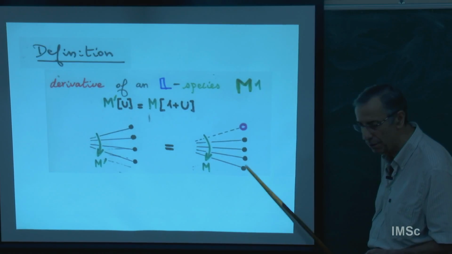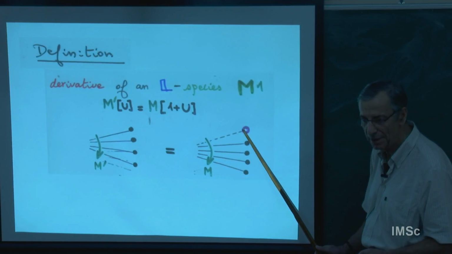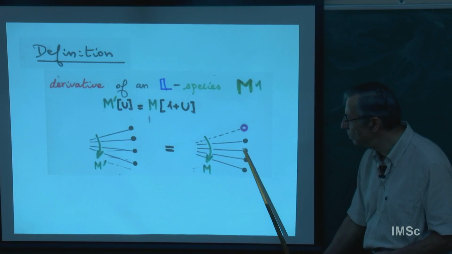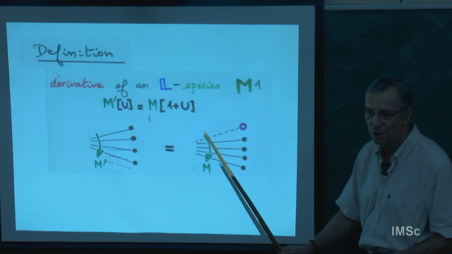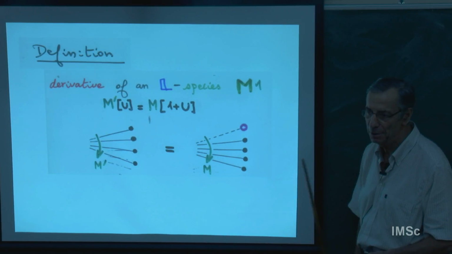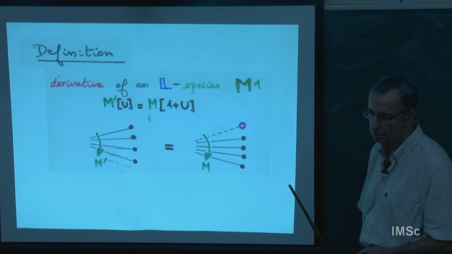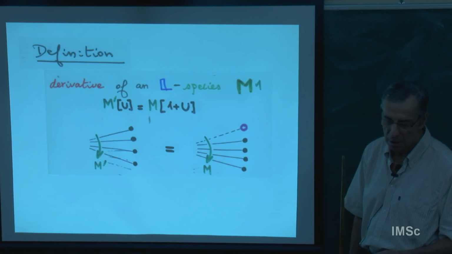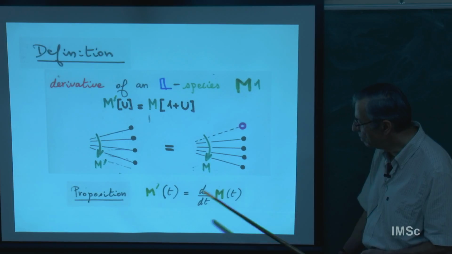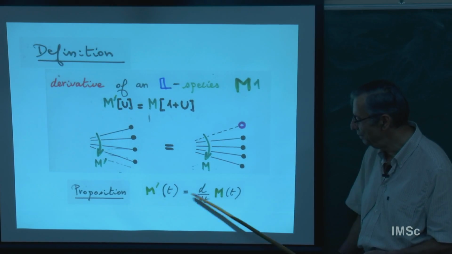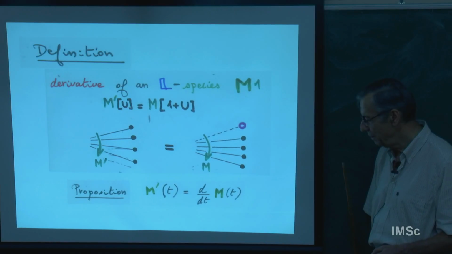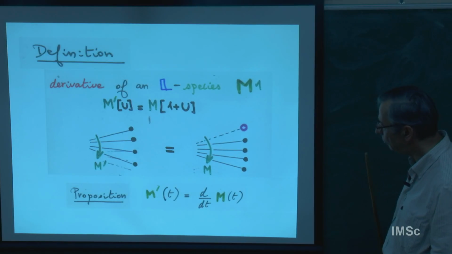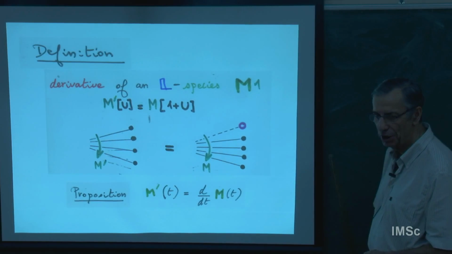So if U is totally ordered, you put an extra point which is less than all the other points. So it becomes the minimum of the new set U. This is why I put 1 plus U symbolically, to say that the new point is the new minimum of the set U. So this is a derivative. You can check that the derivative has again the same behavior that is going to correspond to the derivative of the generating function. Just check when you go back home.